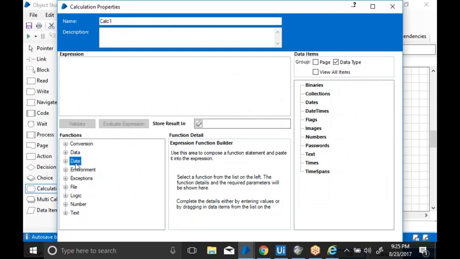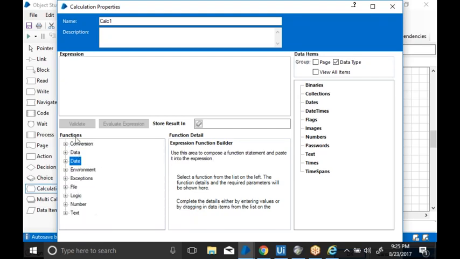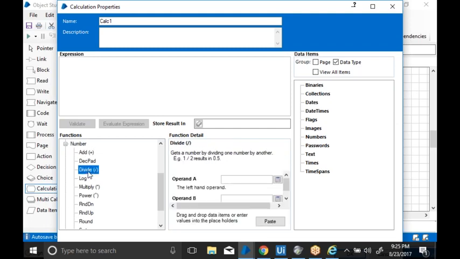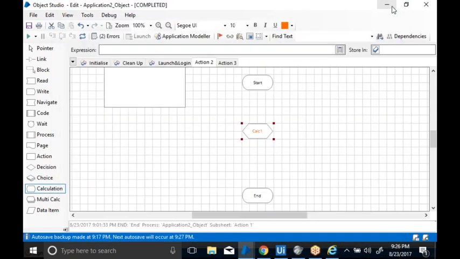There you will have date-related functions, converting to string, converting to date, and so on, all kinds of functions. You can also see logic, where a number is greater than or equal to, and under numbers you have addition, subtraction, division and all. And for string operations, text like finding the length of the text, making it lowercase, making it uppercase, and replacing values inside the string, you can do all of that in the calculation stage.